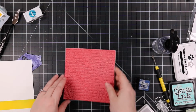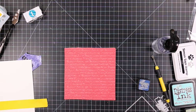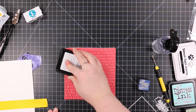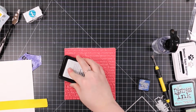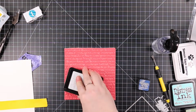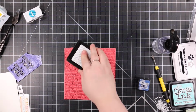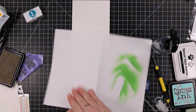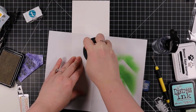This is the inside of the card, so I'm masking off where the fold line is. And I have that hand-lettered Friends background stamp again, but this time I'm inking it up with Simon's Fog ink, so just nice pale gray ink. So I'm inking it up with that, and then I'm going to flip this card base over and just kind of line it up with the background stamp,